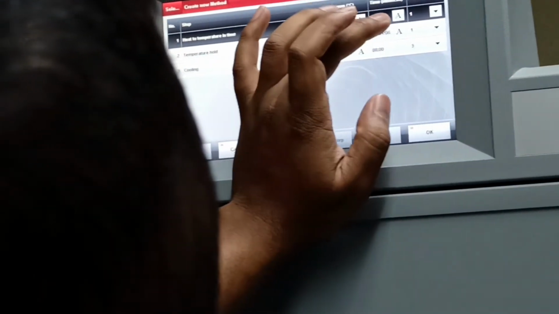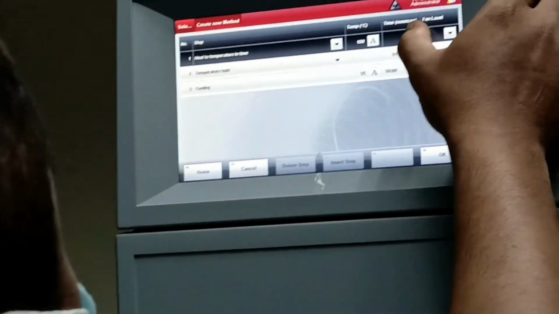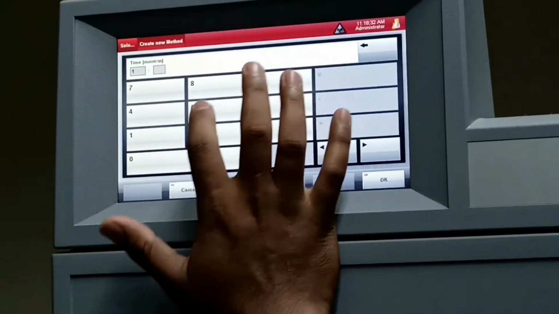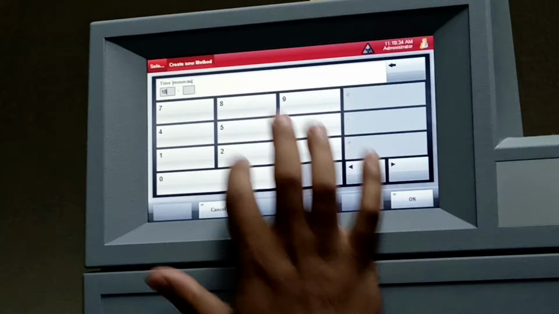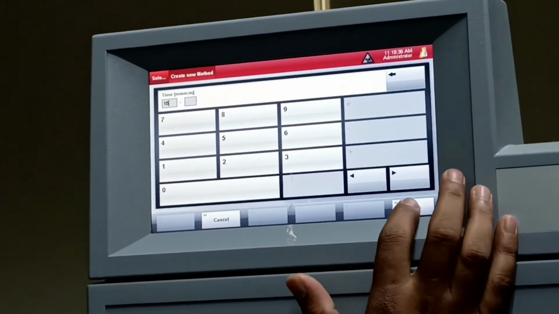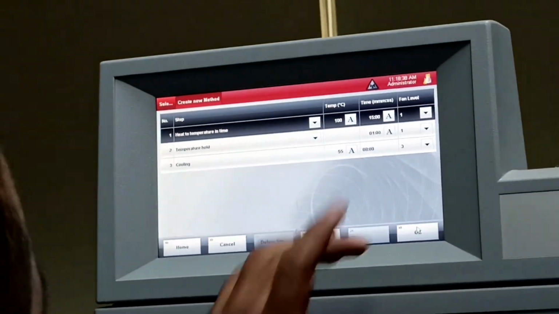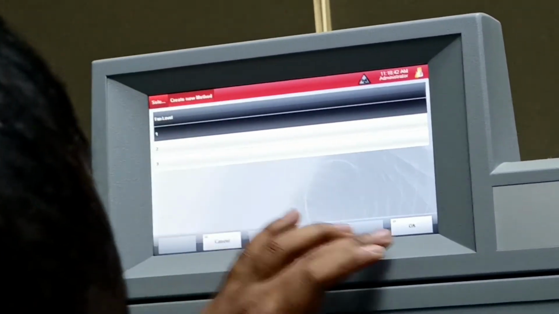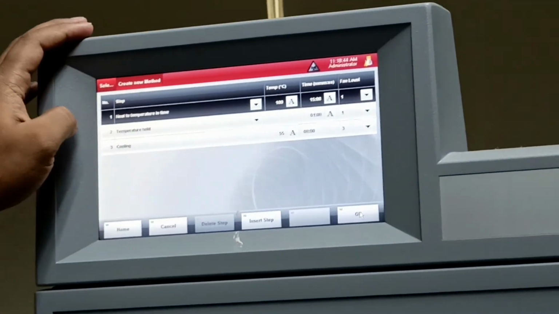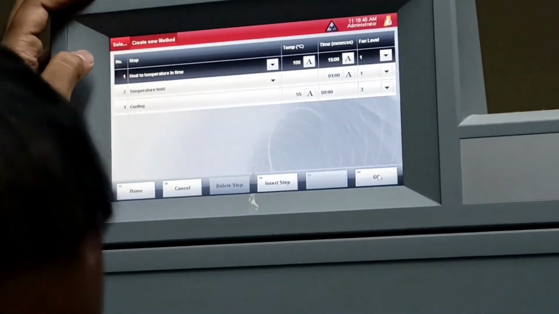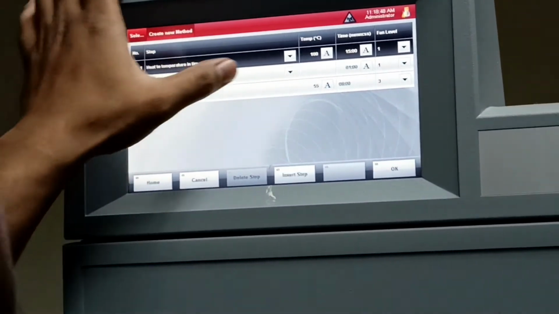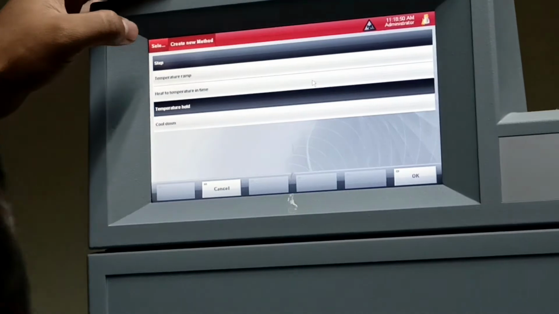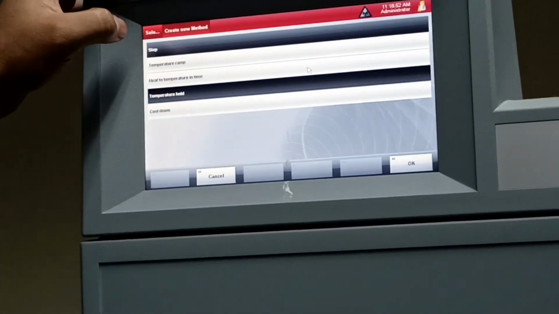Fan level will be 1. It is 1 only. Second is the temperature hold. Hold time, you keep it 5 minutes there.